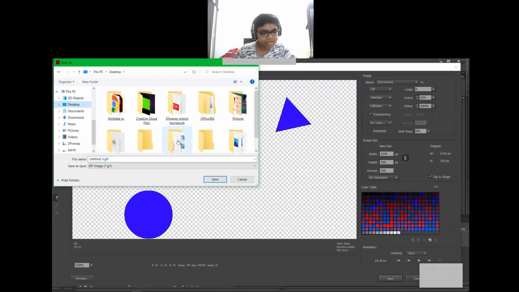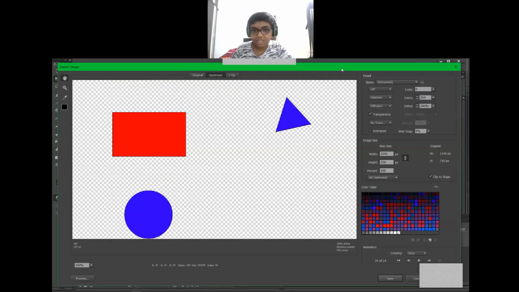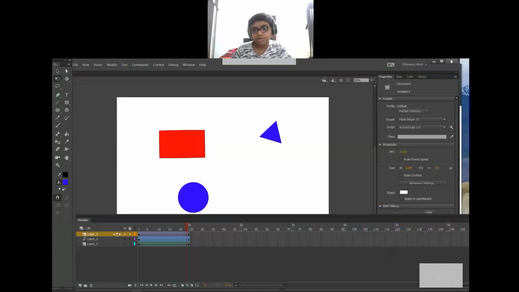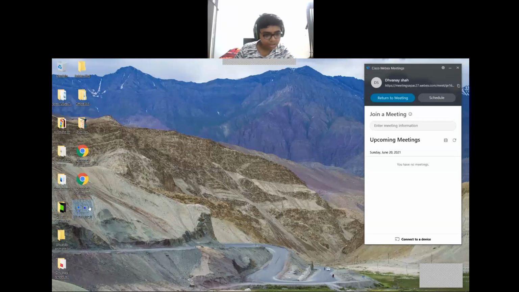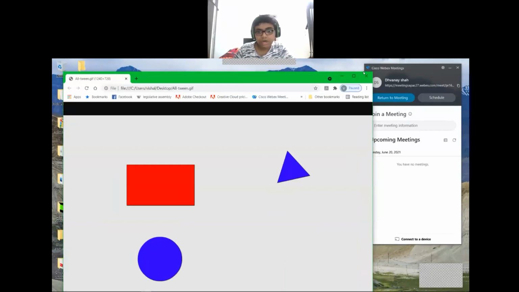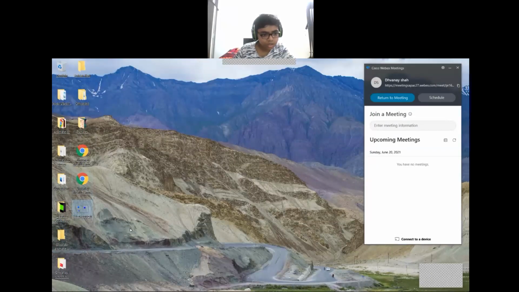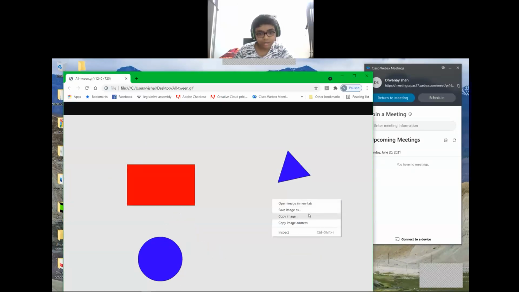Desktop, and I will save it anywhere, but I will not save it as an untitled file, I will save it as all tween and press the enter key like this, and it closes automatically. Okay, now when I minimize this, you can see the tween. Now I will select this and now you can see how it is. Again I will play like this. Now it is one tweening like this.